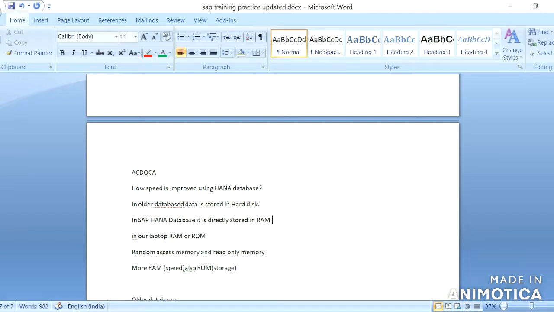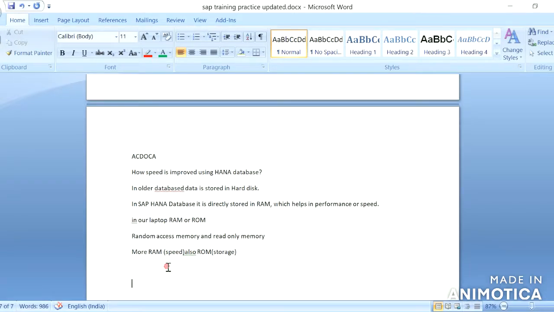Which helps in performance or speed. Let us see one transaction, how it works in SAP. Take any transaction like F-02.